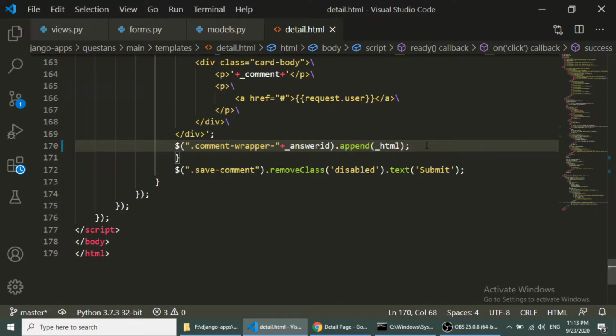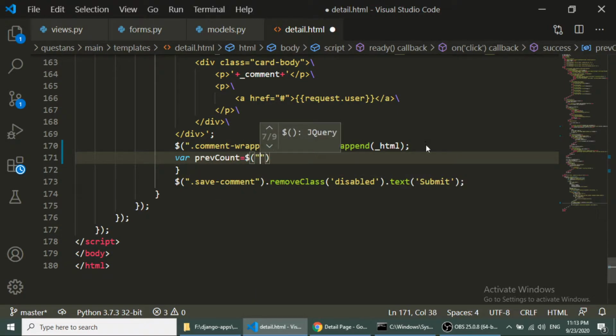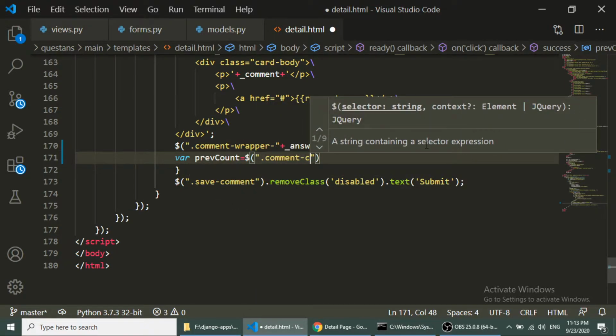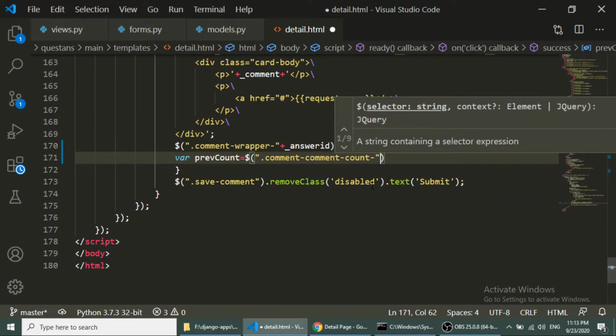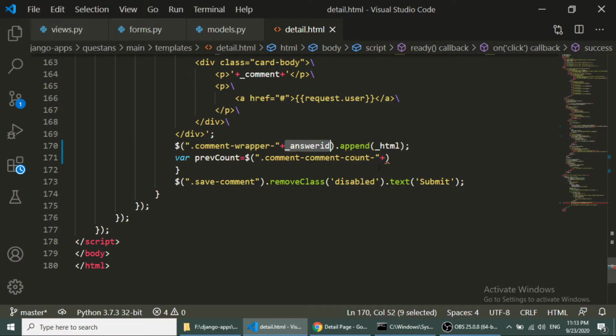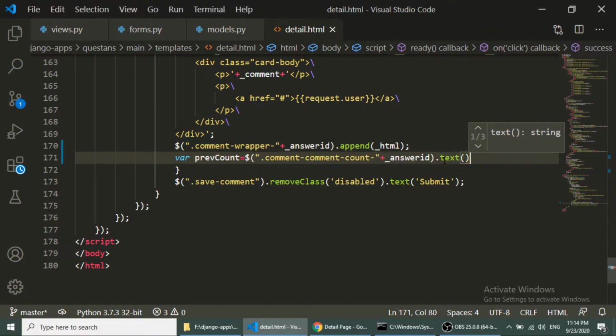First I will get the previous count. Previous count equals the comment count, and I want to show which comment count for which answer, this answer. This will be text because it is in the span.